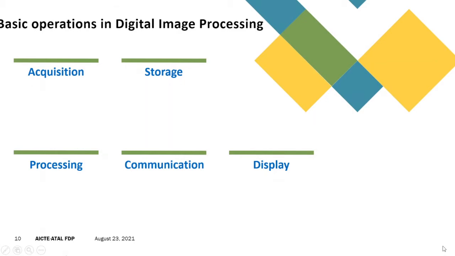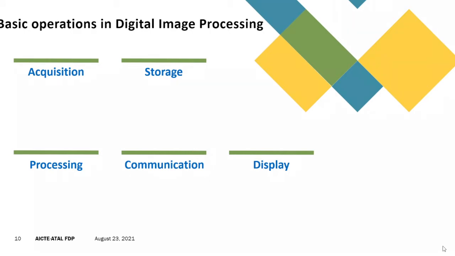Communication. In the case of image processing, you can say there is two-way communication. You can send, you can receive. Even when you are storing the information, suppose your file is corrupted and you open that particular image, that will give you the indication that this particular file is corrupted. And other supporting peripheral devices can communicate.